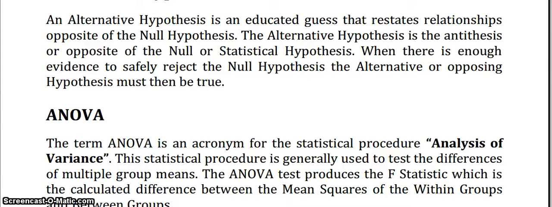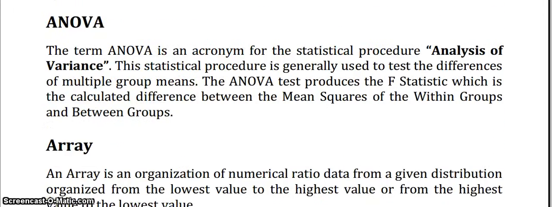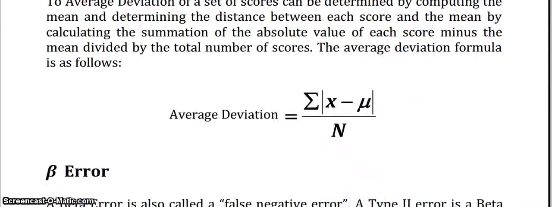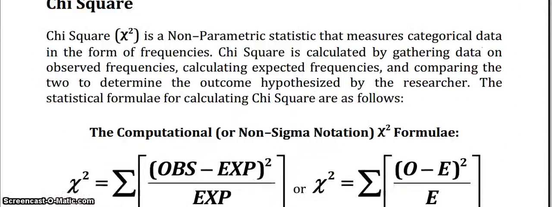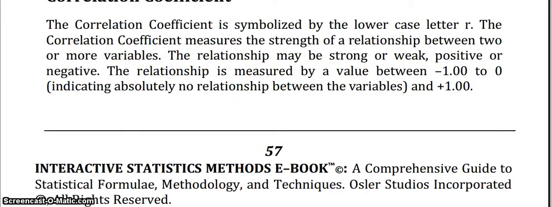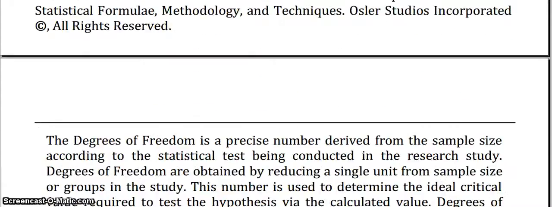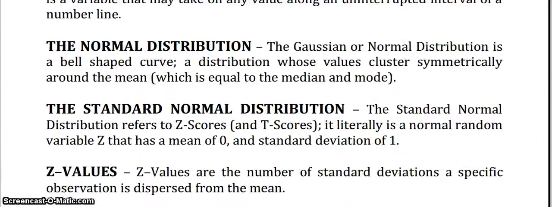So you need to understand different areas such as the alternative hypothesis, analysis of variance, and we're going to be talking about measures of central tendency, what those are, how you use those. So this entire chapter gives you a very good idea of the key terms when we begin to look at statistics. Read through this chapter, become familiar with the terminology, and that's going to better aid you in terms